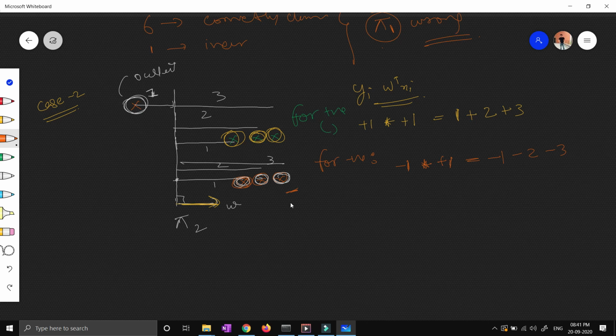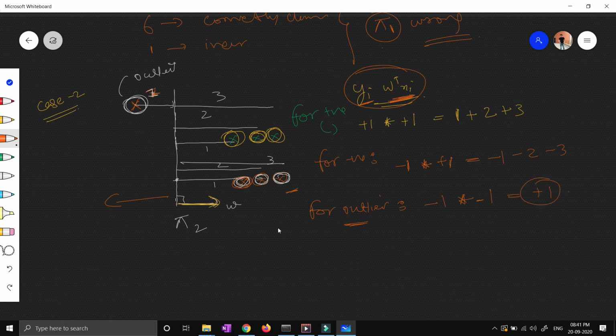And now let's calculate it for the outlier point, right? We have to calculate this particular signed distance for the outlier point. I'm saying that this is actually a negative point, multiplied by w transpose xi, right? The yi value is -1 and the w transpose xi value is this particular 1. I am assuming that this distance is 1, and because it is in the opposite direction of w, we will take it as -1. So you can see it will be +1, right?